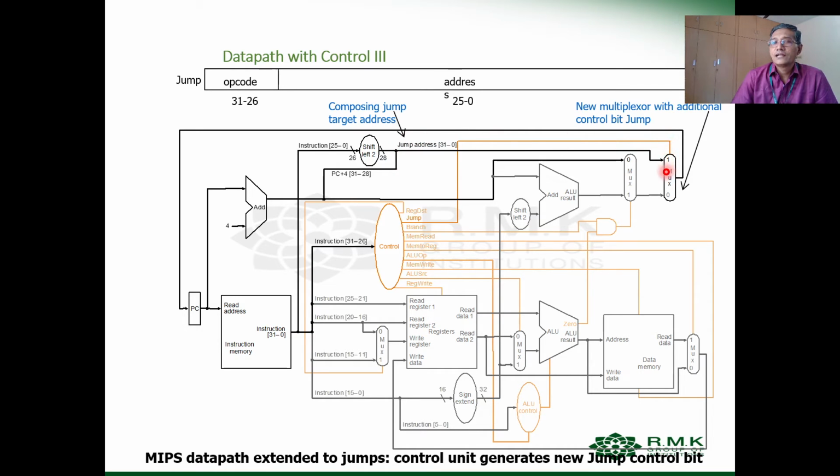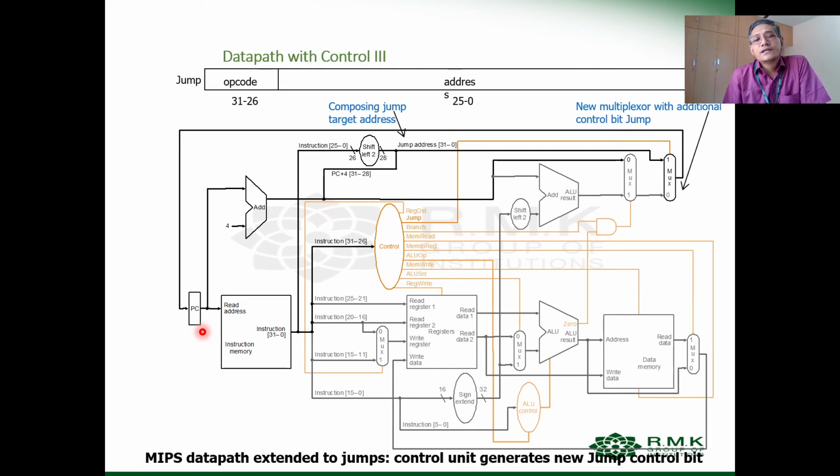It is given directly to this multiplexer, and we already have PC plus 4 from this adder. So the jump target address will be calculated and stored in the program counter. The two sets of operation are done: this 26-bit value is shifted left to give 28 bits, the higher order 4 bits of PC plus 4 are added to get the 32-bit value, and then the new value of PC is updated. This is for jump, right?